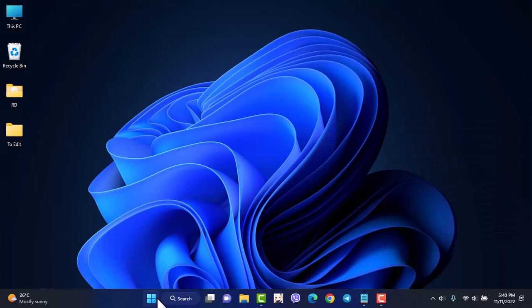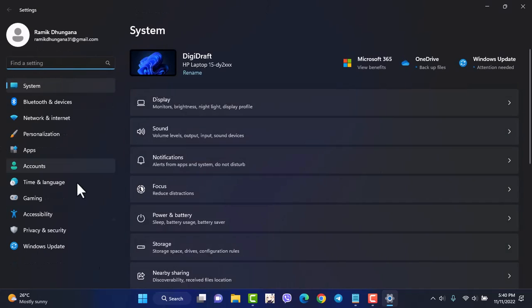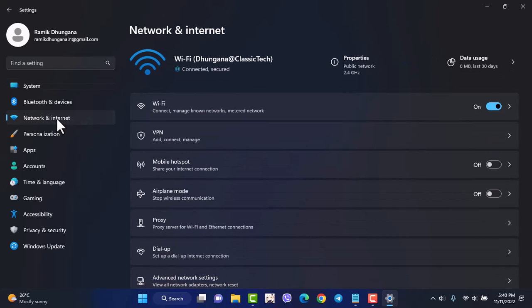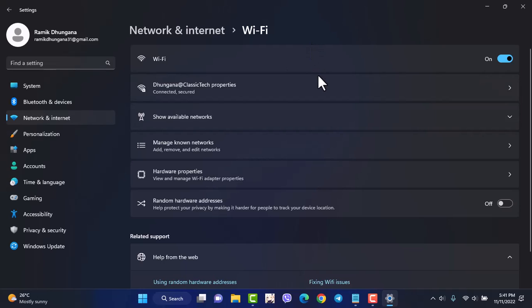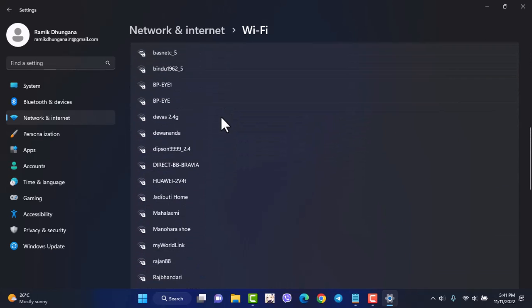Now another way is simply go to your search bar and then type in settings. Now go to settings and now on the left side of the screen you can see various options. So you'll have to click on the third one, which is network and internet. After that, click on the option Wi-Fi and now it will provide you a bunch of different options. So simply click the one named Show Available Networks